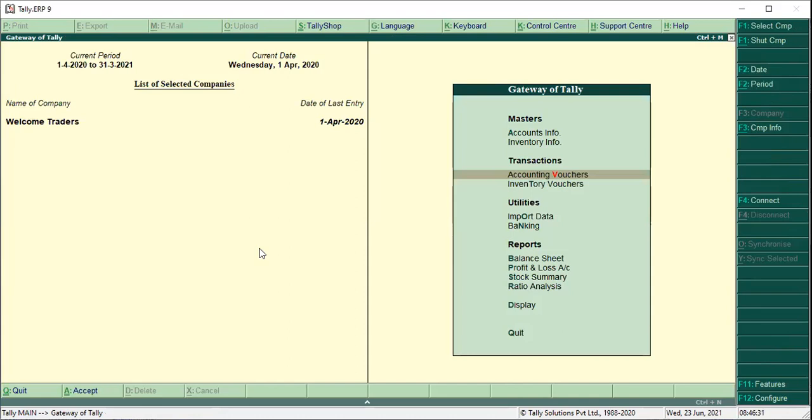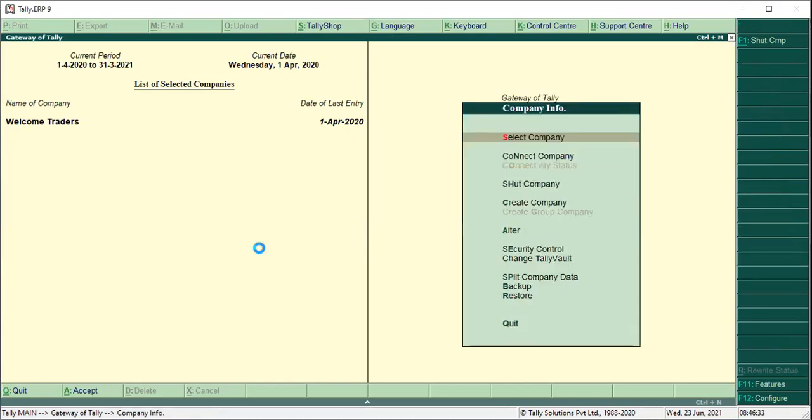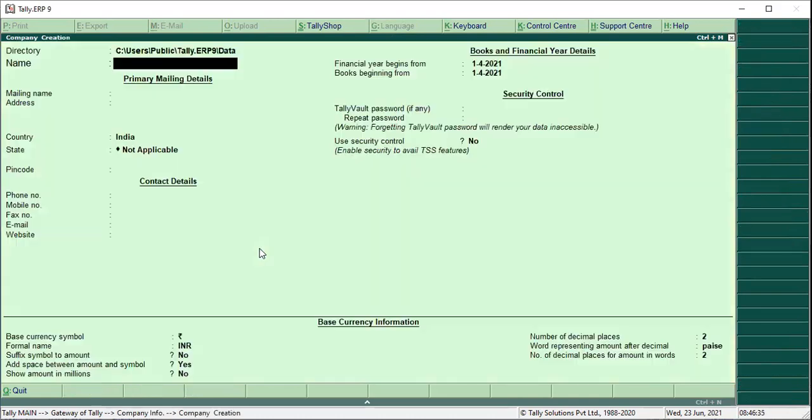So Alt plus F3, create. Create the name of the 3B student, Anushka, roll number 16, Ecom 3B.